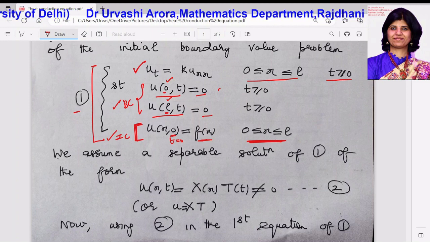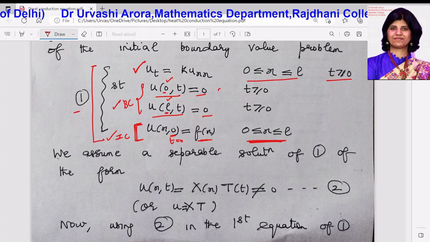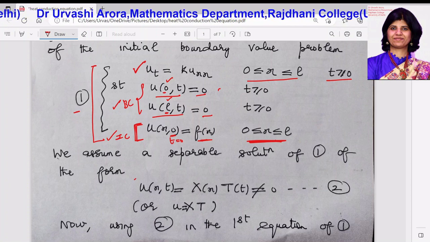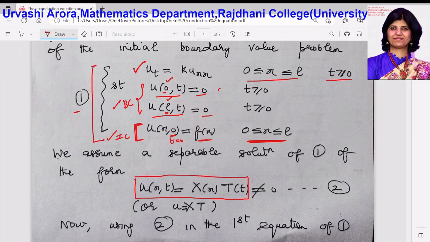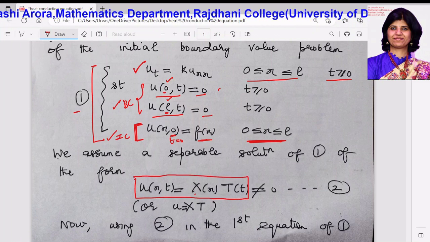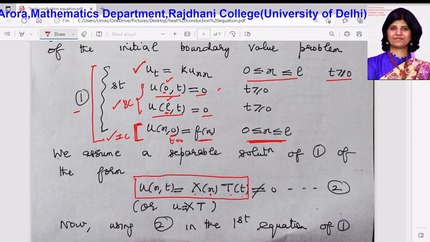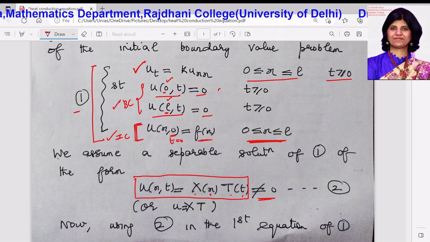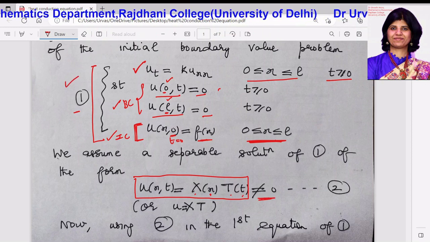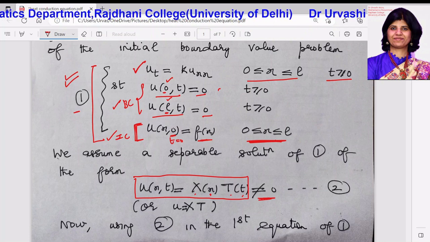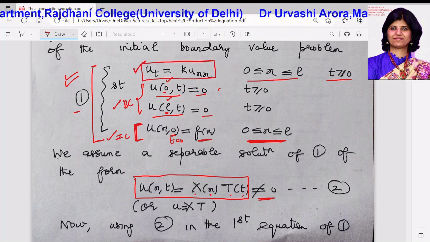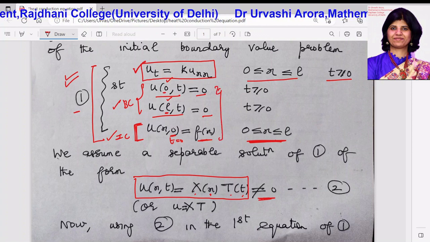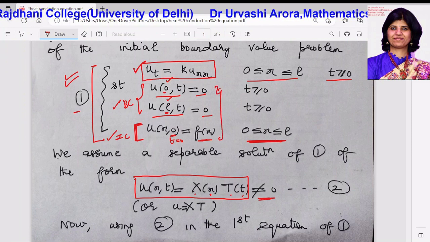Now in the method of separation of variables, we assume that the solution u(x,t) is of the form X(x) into T(t), where capital X is a function of small x and capital T is a function of small t. Also, we are looking for a non-trivial solution of the heat conduction problem. We are looking for that value of u which not only satisfies the heat conduction equation, but it also satisfies these initial conditions and these boundary conditions and